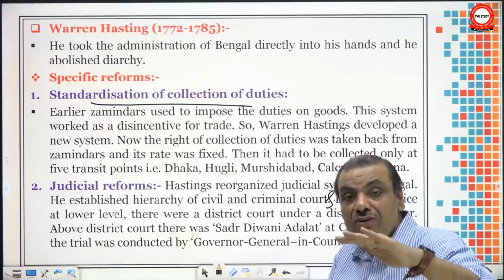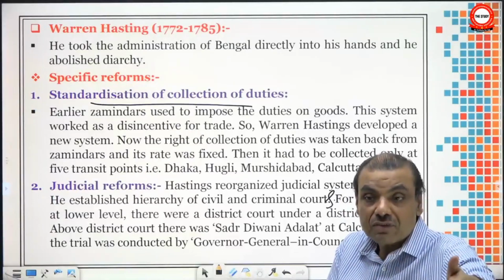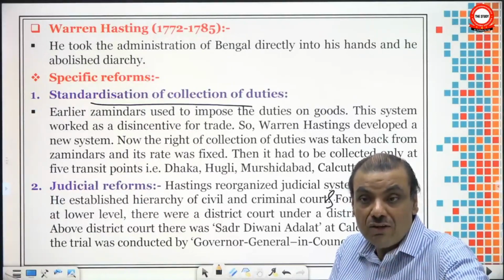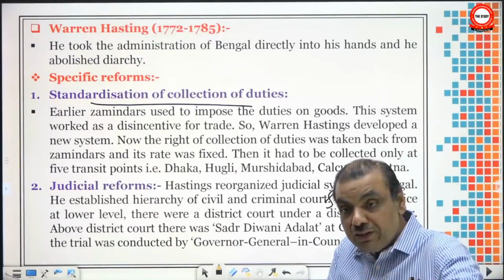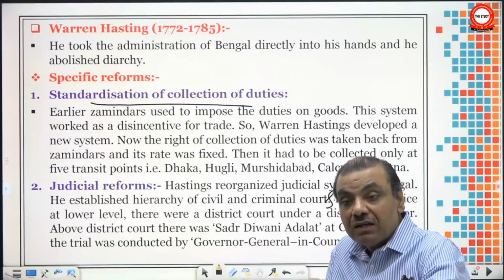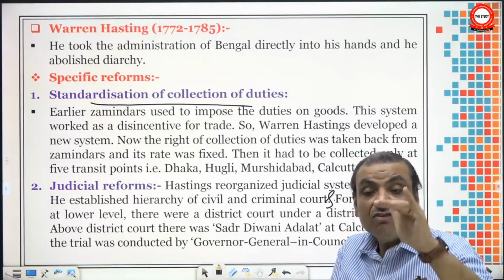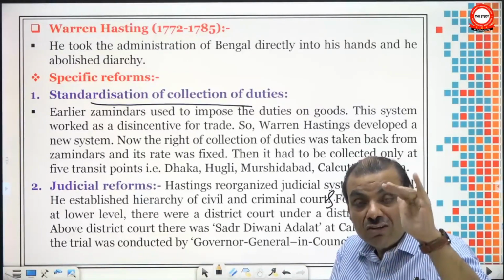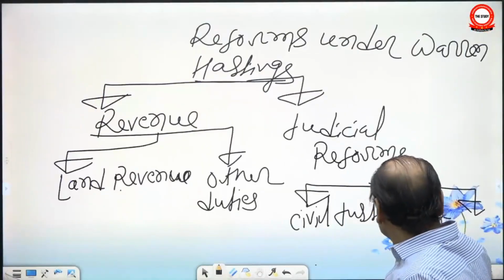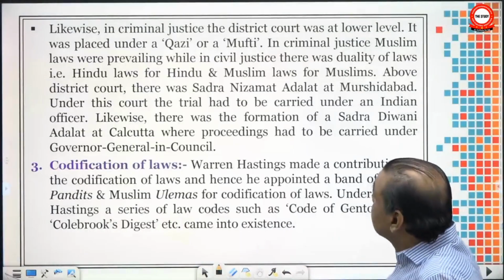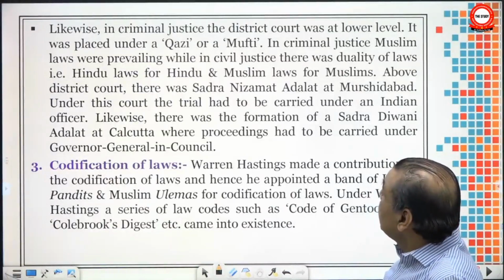He just created a hierarchy of courts. At district level, there was the district civil court, and here the trial was made by the district collector, who was the collector of revenue as well, a European collector. So he was superintending the court. And above the district court, there was the Sadar Diwani Adalat. And where was the Sadar Diwani Adalat established? It was established at Calcutta. Likewise, in criminal justice, the district court was at the lower level. It was placed under a